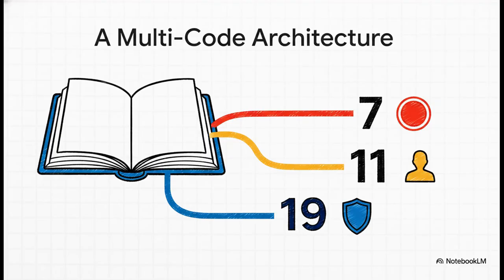It's this incredible symmetry built into the language. So the argument they're making is that these aren't just a bunch of random, lucky coincidences. They actually propose what they call a multi-code architecture. The idea is that different numbers are used almost like thematic watermarks throughout the text. So patterns around the number 7, for example, tend to be linked with themes of creation and completion. Patterns around the number 11 are connected to the Prophet Muhammad. And the number 19 is presented as a kind of mathematical signature that helps verify the text's overall structure.